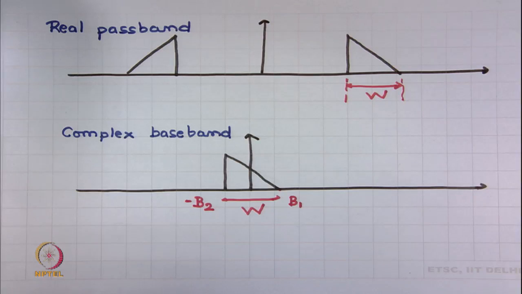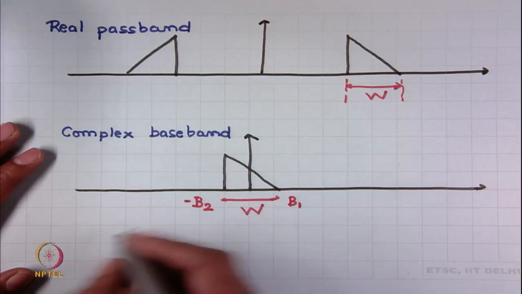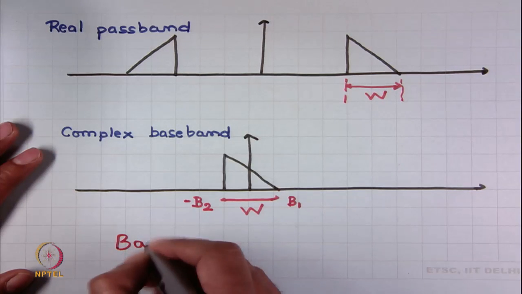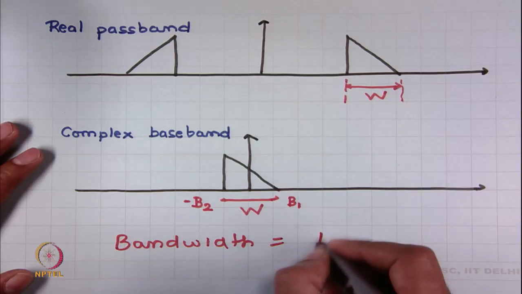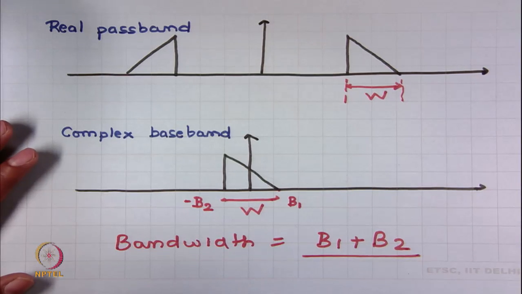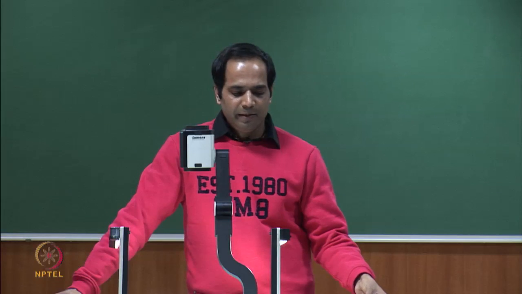And thus, from the equivalence point of view, the equivalence between the real passband signals and complex baseband signal, the bandwidth of a complex baseband signal can be considered as the total bandwidth. So, looking at V1 plus V2. Okay, so far it was easy,